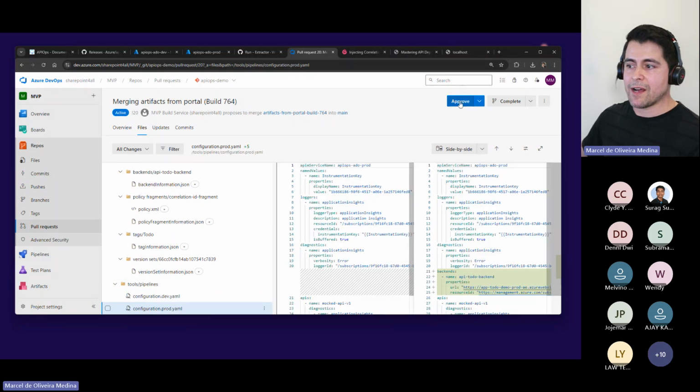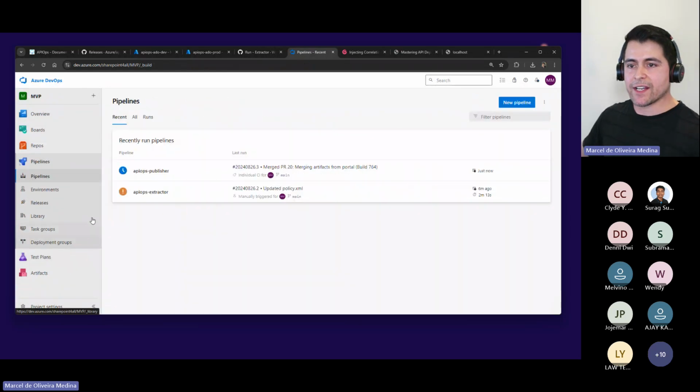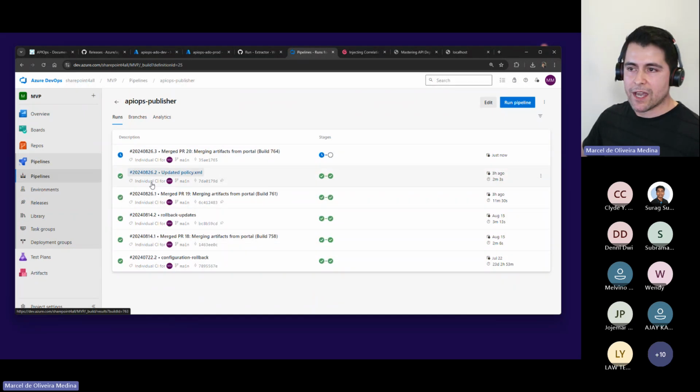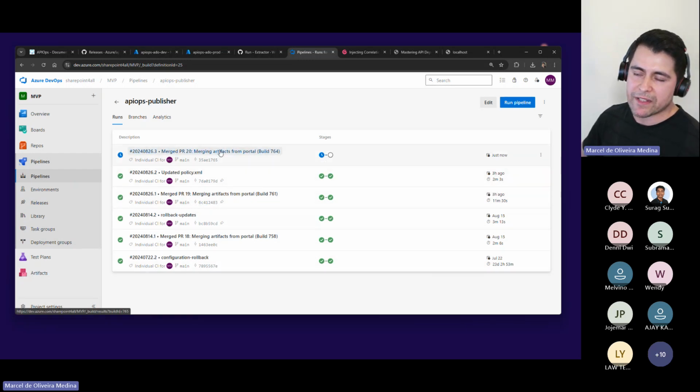Meaning that I'm going to approve my PR. If there was a team, there would be an approval and a merge to happen. So this merge is going to happen and it's going to automatically trigger the publishing pipeline. With the publishing, it can take a few minutes, I'd say about 2 minutes or so, just for things to happen.